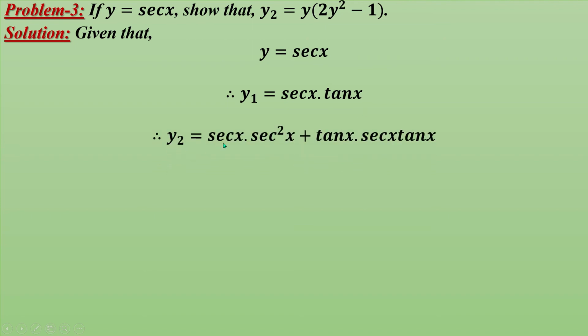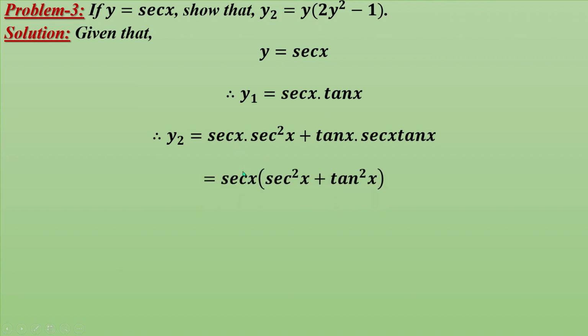Therefore y2 equals, y2 means second order derivative, because we have to prove y2 equals y into 2y square minus 1, and here is of the form u into v. So at first we fix u, that means sec x, and derivative of tan x equals sec square x, we know this. Then tan x fixed, and derivative of sec x means sec x tan x, we know this formula because we had explained this type of formula in a previous chapter. Clear? Now